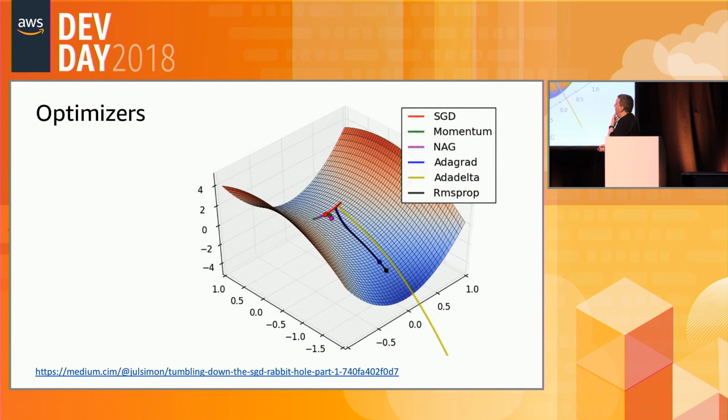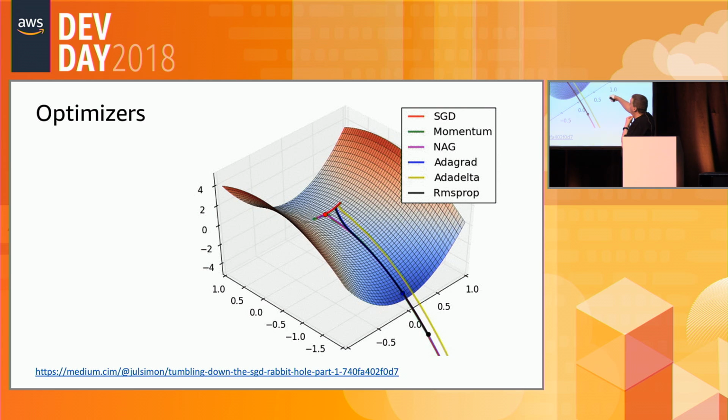So here's another example of a saddle point. And again, that red ball here is vanilla SGD, and in theory, yes, it could stay trapped and not move. And over the years, a number of other optimization functions have been invented to kind of solve that problem, plus to bring faster convergence, right? And as you can see, some of those optimizers actually speed down the slope, because once they found the nice direction, then they can speed up. And that will mean larger updates to the weights, and that will mean faster training. And you'll see those a lot, the ADA something algos. ADA stands for adaptive, because the learning rate can actually change over time